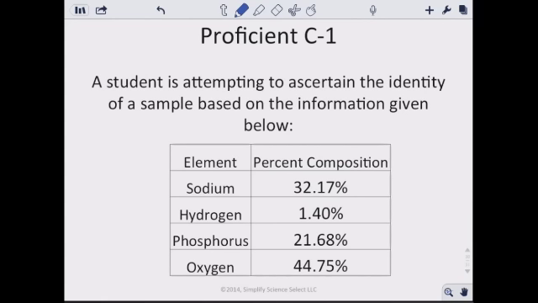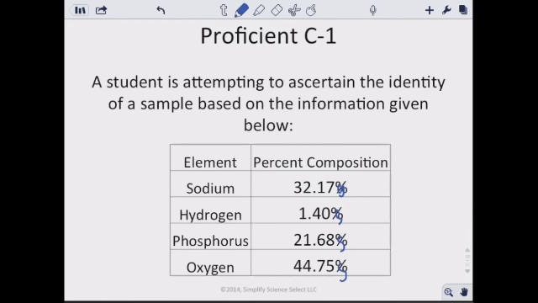It says the student is attempting to ascertain the identity of a sample based on the information given below. We have our percent composition. Let's go ahead and figure it out. So the first step is we change it to grams. Next, we take this and divide